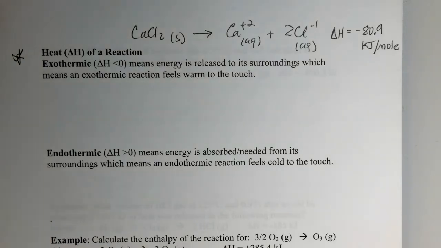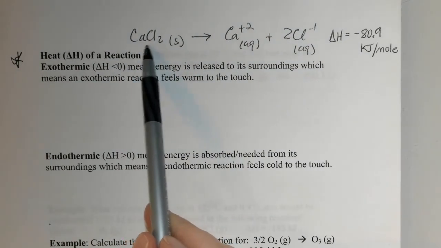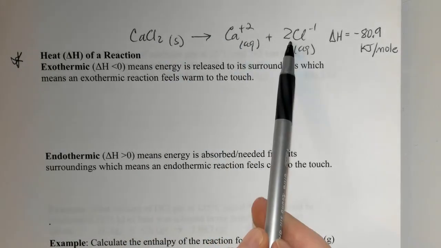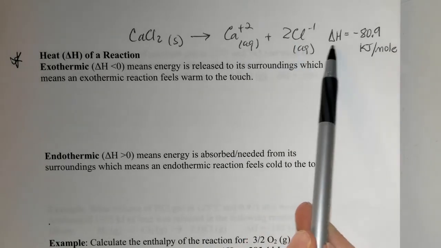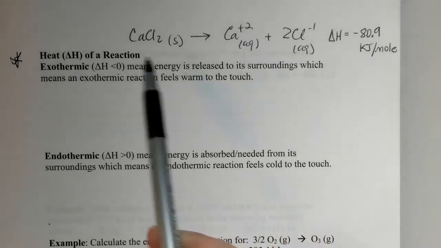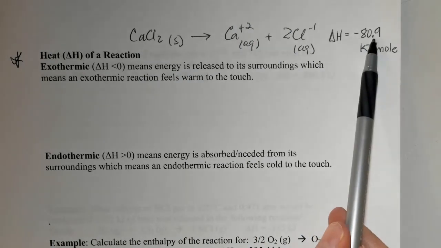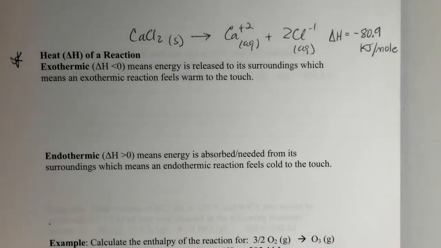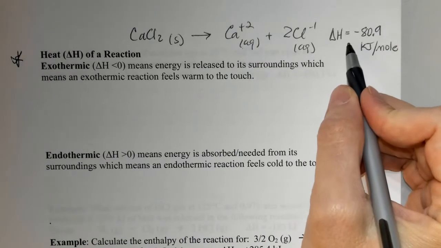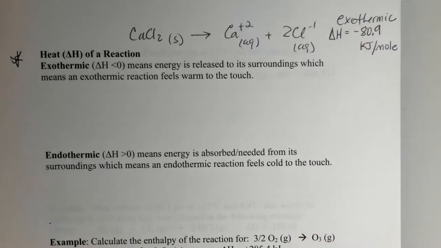Okay, so the last video we ended with the solvation or solution process where we dissolve calcium chloride and it dissociates into calcium ions and chloride ions. And the delta H that we calculated was negative 80.9 kilojoules per mole. So we know that if we dissolve 1 mole of calcium chloride, we would be releasing 80.9 kilojoules of energy to the surroundings, right? Probably water, because this is in solution. When you have a negative delta H, that tells you that this is an exothermic process, that energy is released